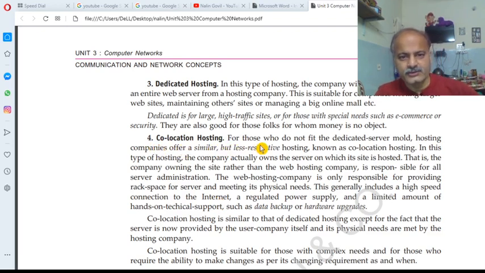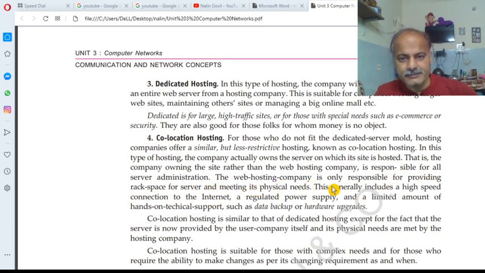Co-location hosting is for those who do not fit the dedicated server mold. Hosting companies offer a similar but less restrictive hosting known as co-location hosting. In this type of hosting, the company actually owns the server on which its site is hosted. That is, the company owning the site, rather than the web hosting company, is responsible for all server administration.